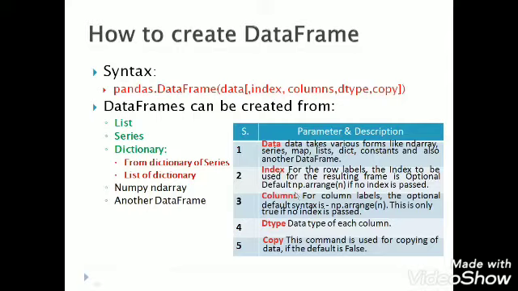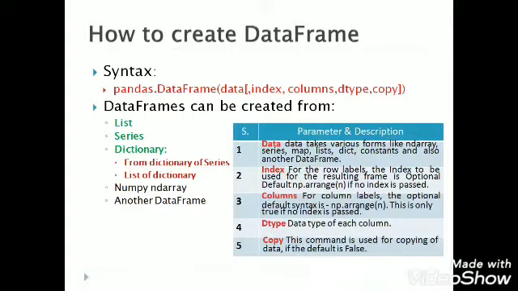And columns attribute is the column label, and this is optional. Actually index is also optional, columns is also optional, and using this we can give the column labels of the data frame. Dtype means data type of each column. Here data type may differ for each column.